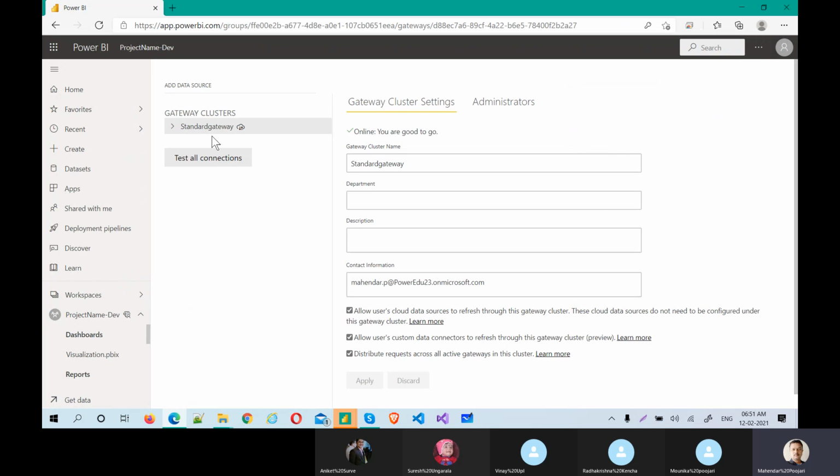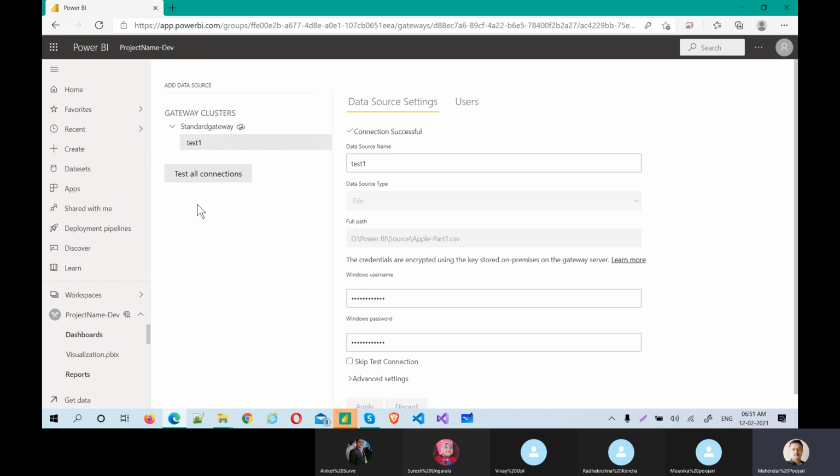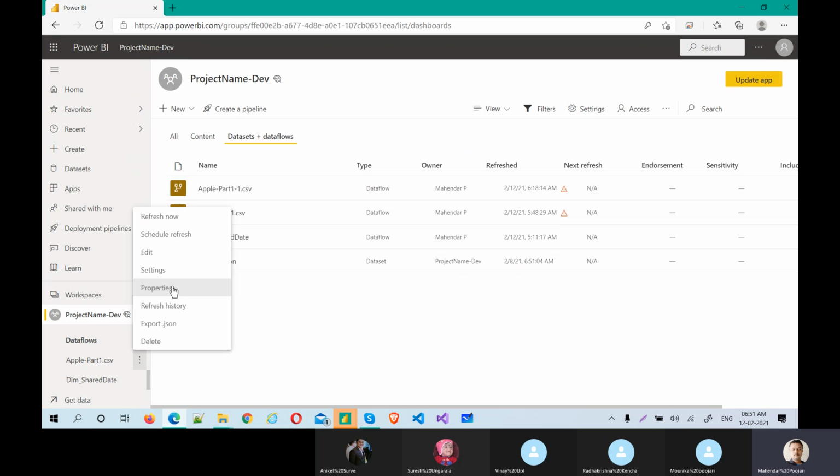Okay, the gateway is running perfectly. Yeah, this is one of the most commonly faced issues in real time. What we need to check is to go to dataset settings. Schedule refresh. Okay, refresh now.